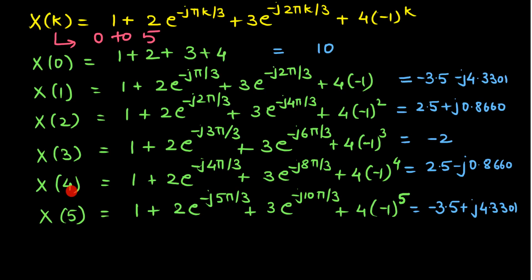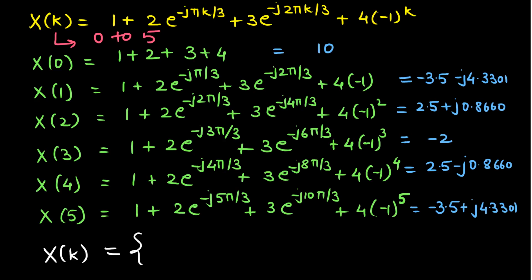If we have k equal to 4, we have DFT as 2.5 minus j 0.8660, and if we have k equal to 5, the value of DFT is obtained as minus 3.5 plus j 4.330. So the sequence that we have for the DFT, the 6-point DFT, is given as x of k is equal to